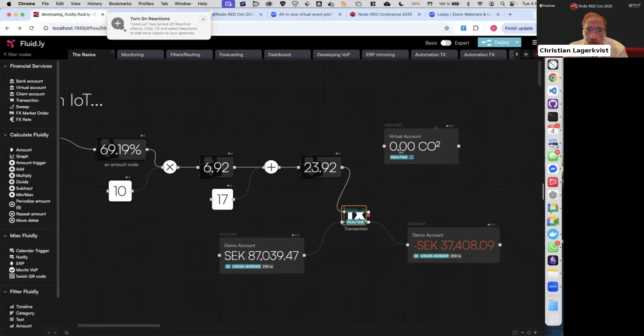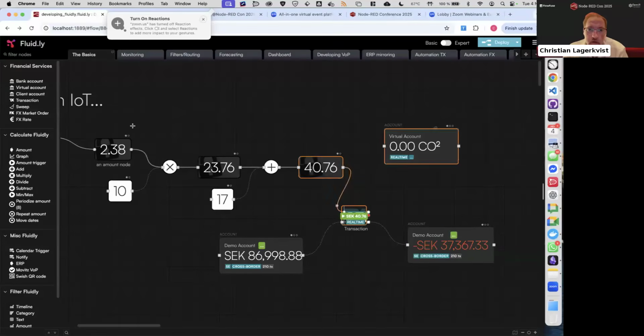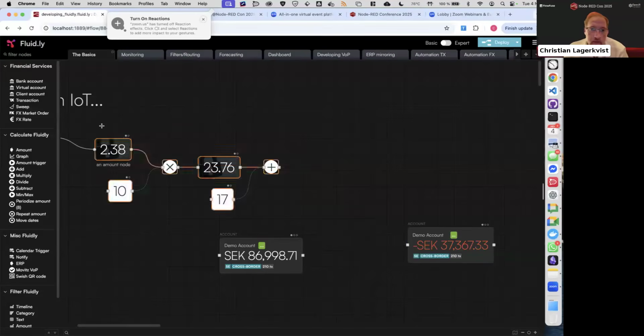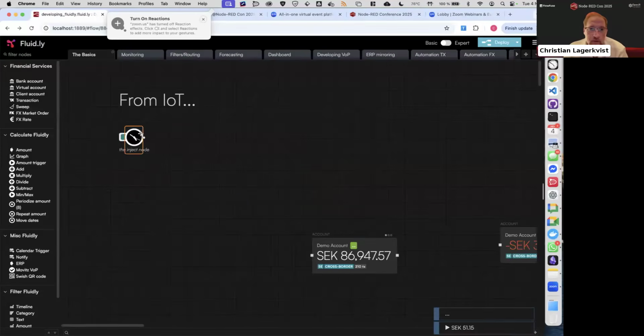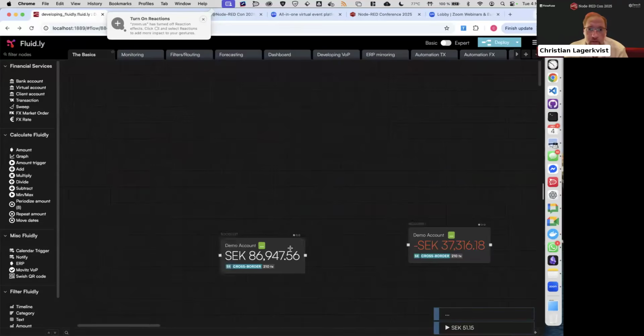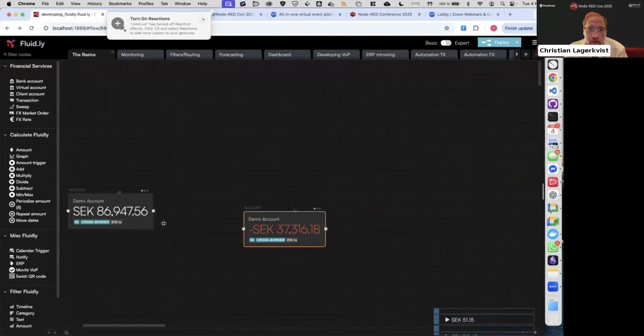Okay, so let's wipe away stuff and do a use case that is more geared towards pure finance.